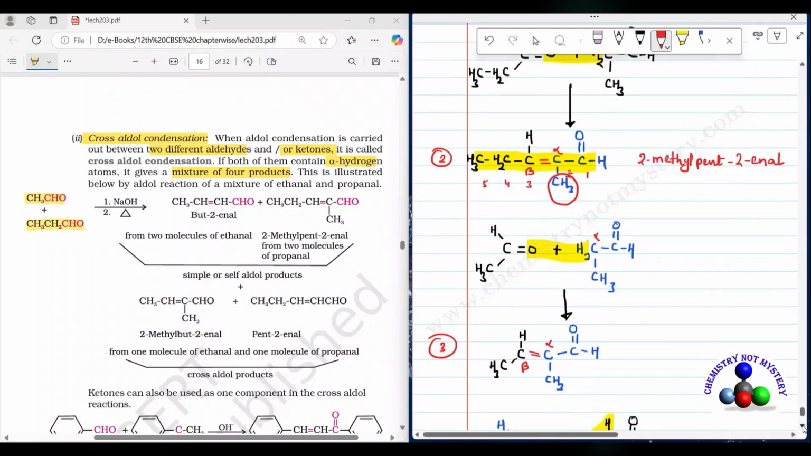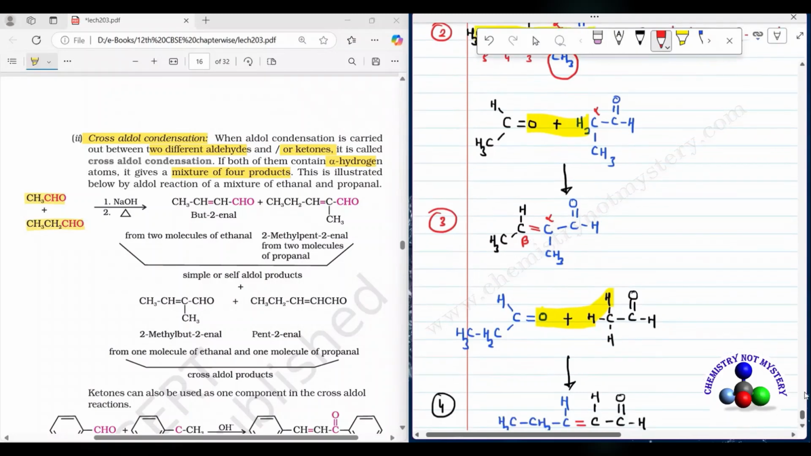Now write the name of the third product. First of all, select the longest carbon chain. So this is the longest carbon chain and it contains 5 carbons. Now number the chain 1, 2, 3, and this is 4 carbon. There is one methyl substituent bonded to the second carbon. So the name of this molecule will be 2-methyl